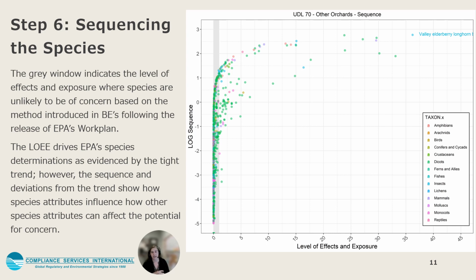So that is the area there in gray. That is where your RQ divided by your LOC is equal to 1. So the LOEE is driving the species determinations, as evidenced by the tight trend that you see in the graph. However, the sequence and deviations from the trend show how species attributes influence how other species attributes can affect the